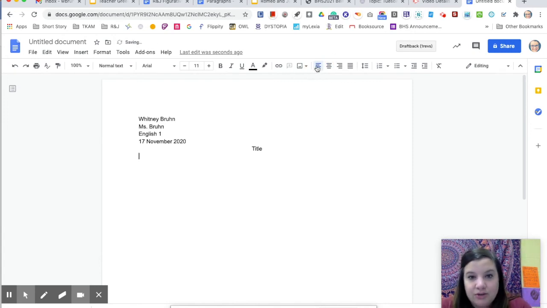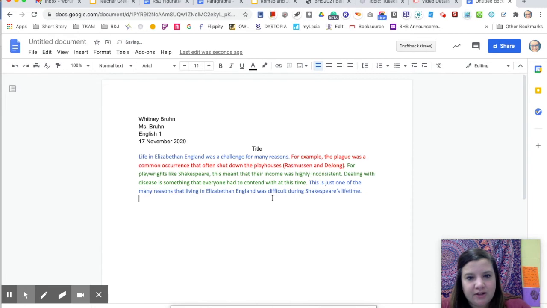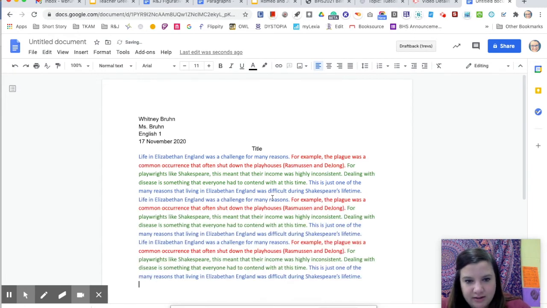And then what you can do is, if your paragraphs are already in, you can just reformat them how I'm going to show you, or if you're copying and pasting them in, then you can copy and paste them in. So I'm going to copy and paste them in. These are just sample paragraphs, and they're actually all the same paragraph. I'm just going to copy it 3 times because I don't have 3 different ones. Okay, so I've got my 3 paragraphs.